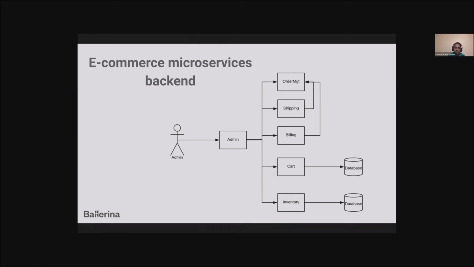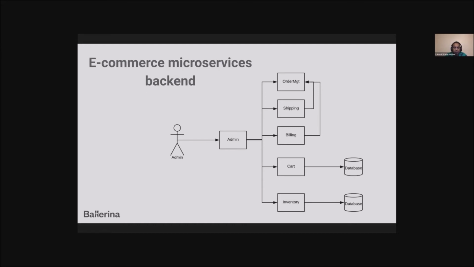The admin microservice will interact with all other 5 microservices, and cart and inventory microservices will interact with different databases to perform the given task. So let's see how you can write your code for this kind of microservice deployment architecture, and then see how you can deploy this into Kubernetes.